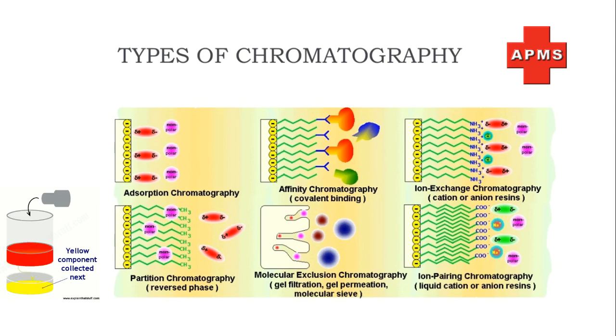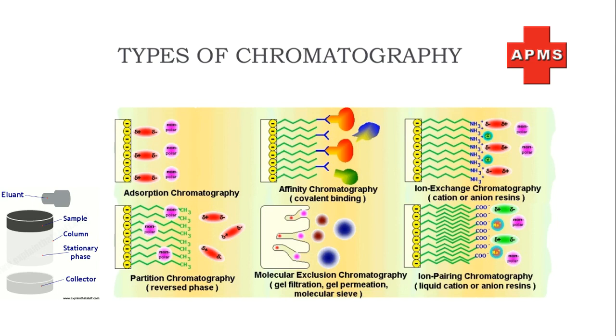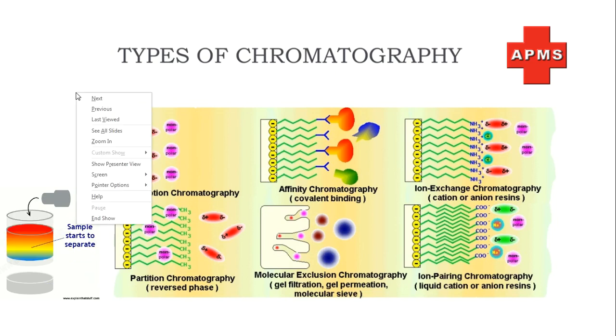Type of interaction in between stationary phase and mobile phase, a mobile phase which contains a sample. So we see interaction of the sample, or the mixture of compounds, with the stationary phase,